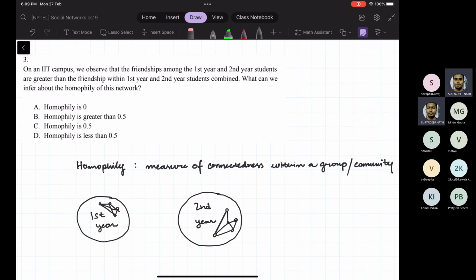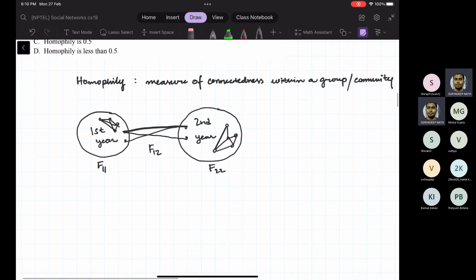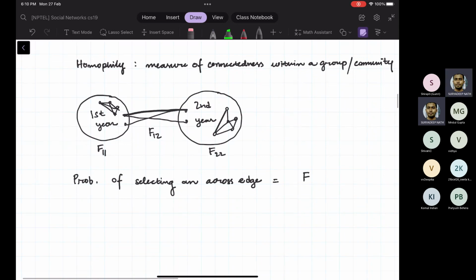Now it is said that there are more edges across. So there are more friendships among first year and second year than within. Let us say that the friendships within first year is F11, F22 denotes friendships within second year, that is the number of edges in first year and the number of edges in second year, and F12 denotes the edges across. So the probability of selecting an across edge, meaning across first year and second year, is basically the number of edges from the given data between year 1 and year 2,